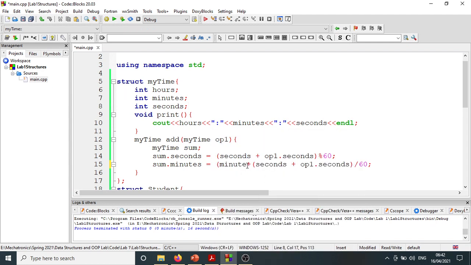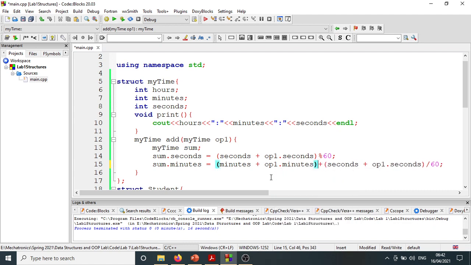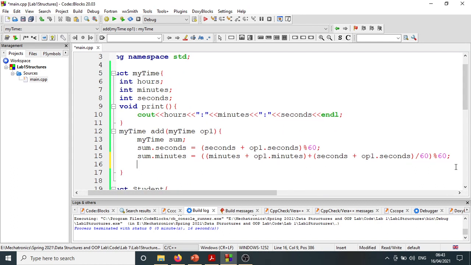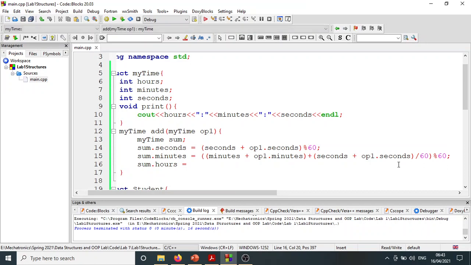तो again वही procedure होगा। So here we will have minutes, कहाँ गए minutes plus op1 dot minutes, ठीक है। सो op1 के minutes को हम add करते हैं। अच्छा, फिर ये seconds, इससे जो minutes आए, ये तमाम जो minutes हमारे पास बनते हैं, ये तमाम minutes, इनका modulo लेंगे हम with 60, ठीक है। So these will become our minutes, ये हमारे minutes होंगे। अच्छा, इसका एक कुछ component हम hours में use करेंगे। sum dot hours is equal to, ये जो हमने minutes के साथ काम किया है ना, इसमें से कुछ घंटे भी निकलेंगे।